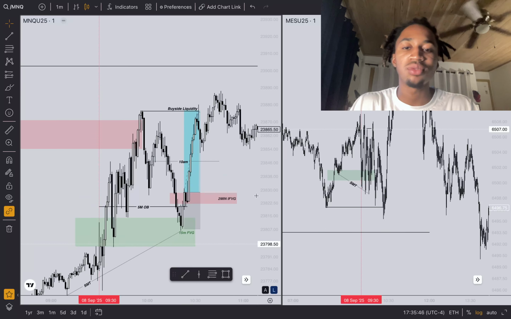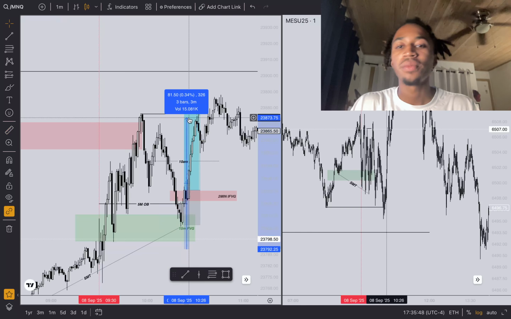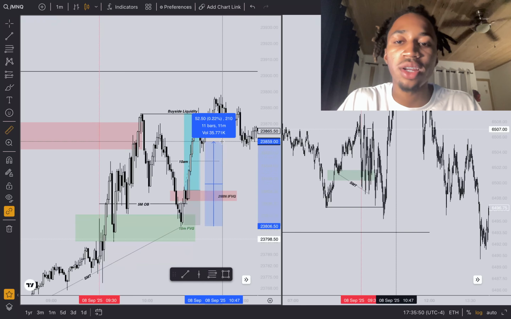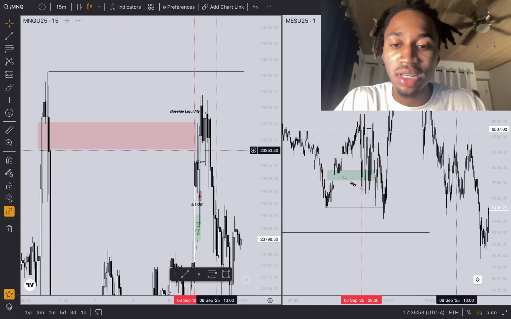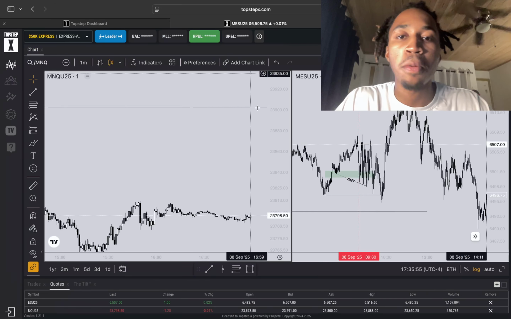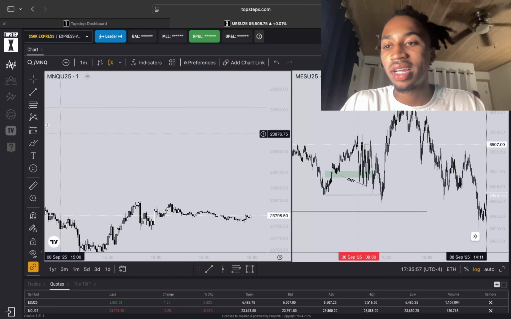So you don't have to go on tilt. And I just want to show you guys this textbook setup, mark it out, especially for myself, so I know the next time something like this forms that I can be a part of it. But that's pretty much it. Done with my day, done